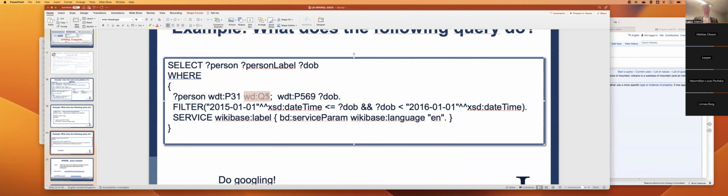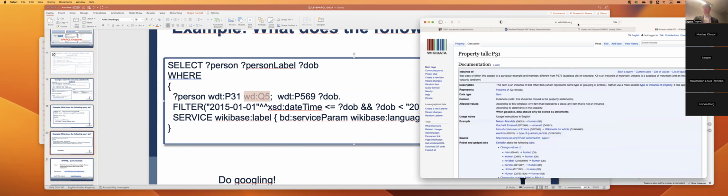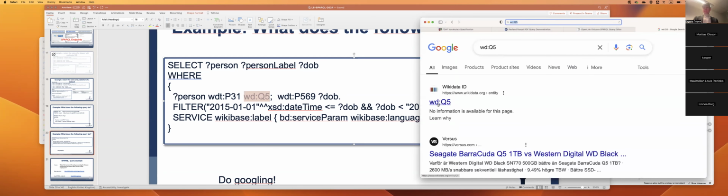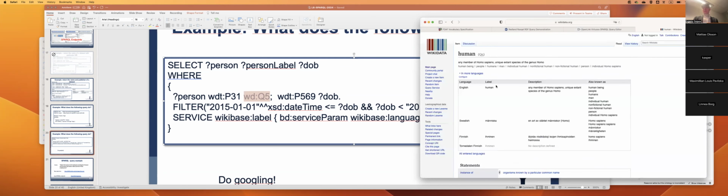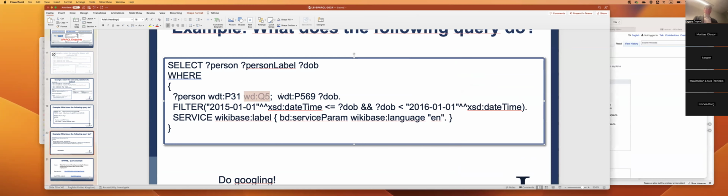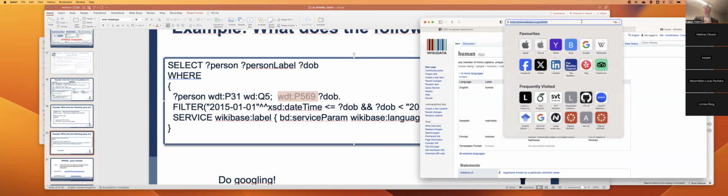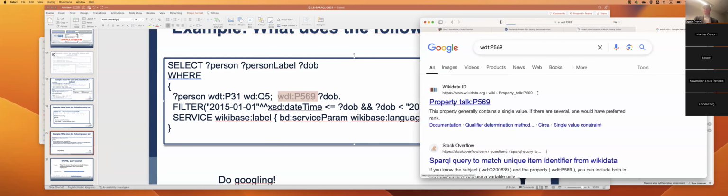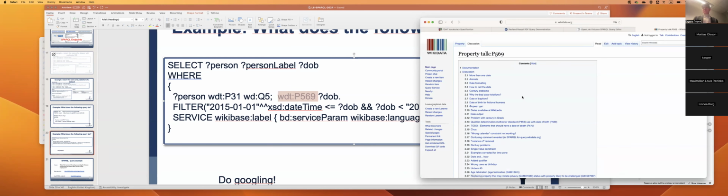What is that? That should be person. Human. So person, instance of human. Date of birth. So here we have a tree notation, as you see. So person, date of birth